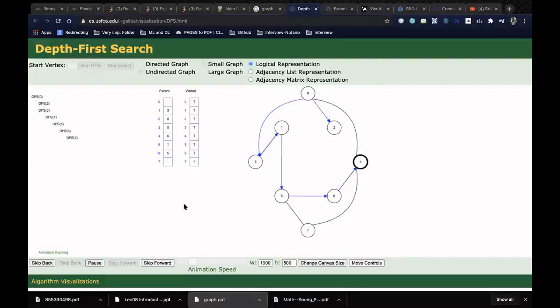And then from 4, we don't go to 0 because 0 is already visited. Now from 4, we can rather go to 7 because 7 is not visited. So now from 7, there is no node that is left to be visited. So that's why I simply return back, or I simply trace back, because all the nodes are visited now. So I simply trace back. You can see from 5 also I checked for 7, but 7 was already visited.